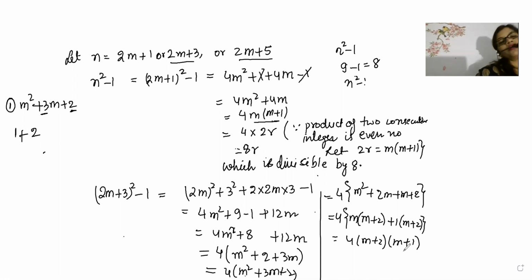Mohan, what is the product of two consecutive numbers? Quickly tell me the answer. Today Rahul didn't join. Rahul, I think he doesn't know the Zoom app password. Mohan, give him the password.